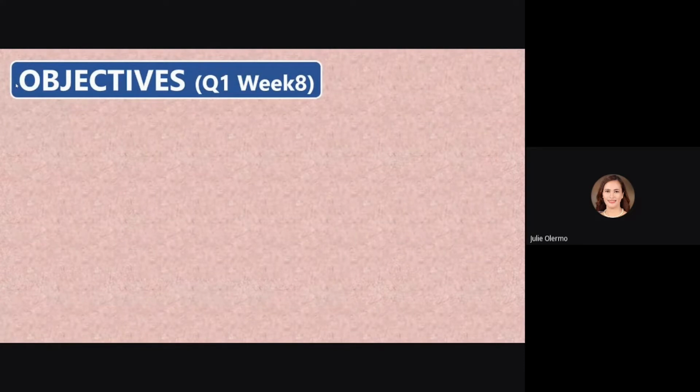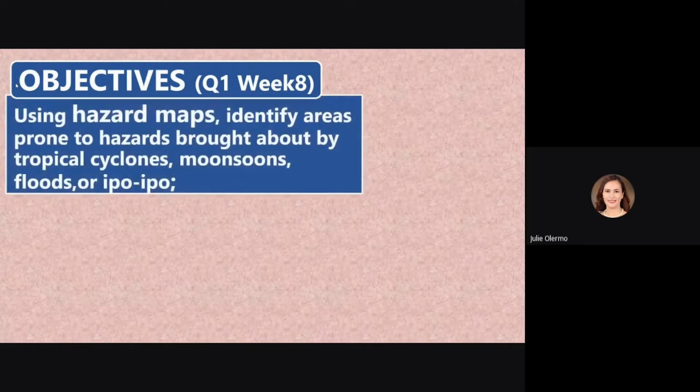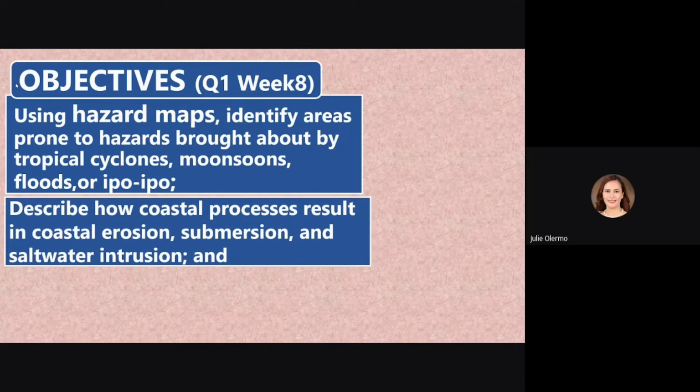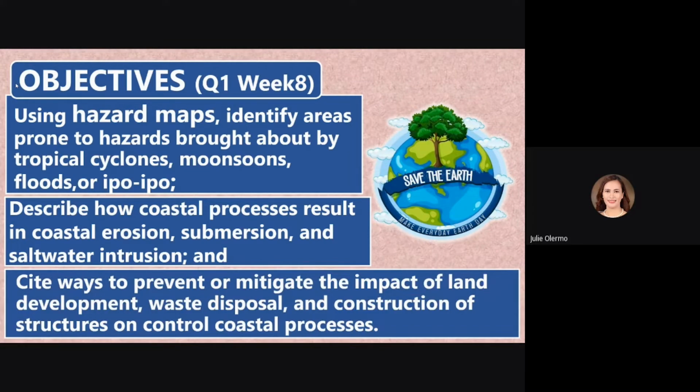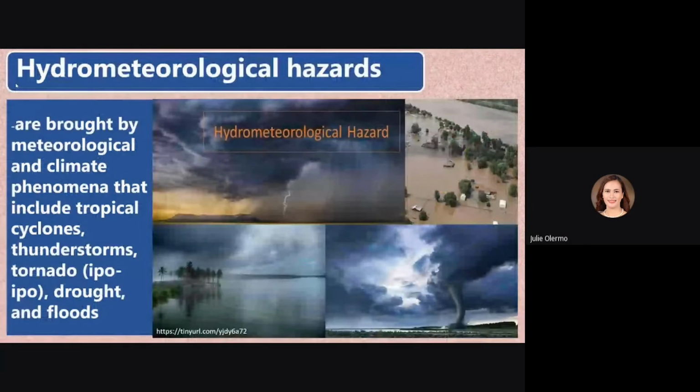Here are the objectives of this session. Number 1, using hazard maps, identify areas prone to hazards brought about by tropical cyclones, monsoons, floods, or ipo-ipo. Number 2, describe how coastal processes result in coastal erosion, submersion, and saltwater intrusion, and cite ways to prevent or mitigate the impact of land development, waste disposal, and construction of structures on controlled coastal processes. For objective number 1, let's start with